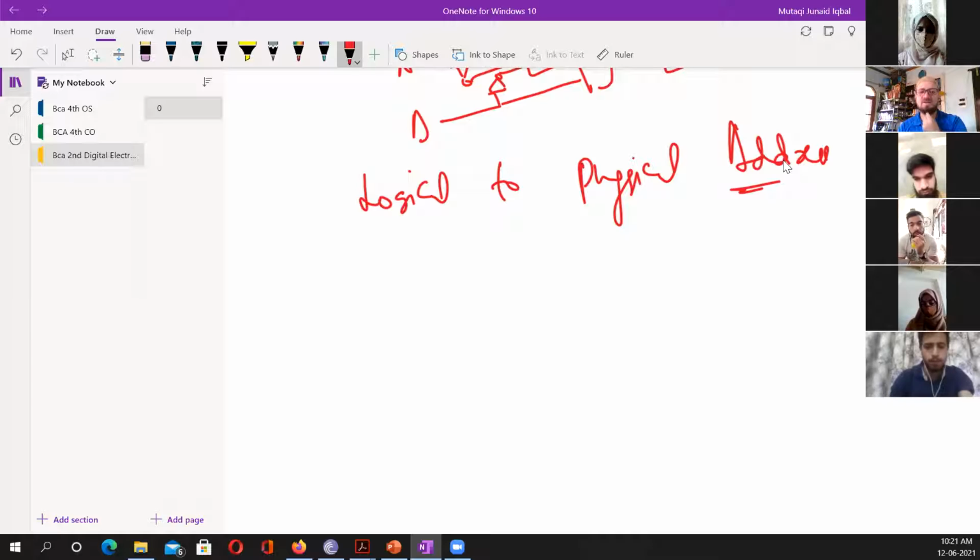And where is the physical address? You can open up your mics. No need to write even. You can open up your mics and tell. Obed is saying CPU, the logical address will be generated by CPU. You are right. Physical address would be in RAM, exactly where the data is. Okay, nice. Say for example, we have